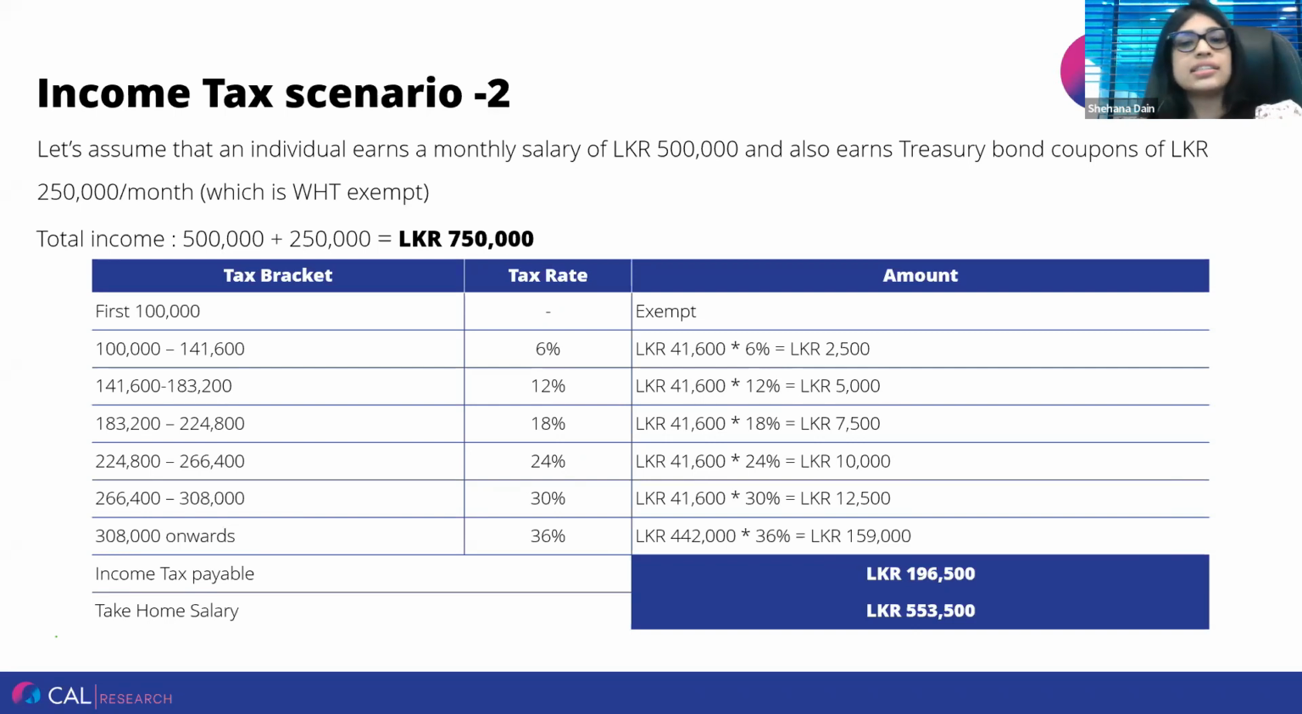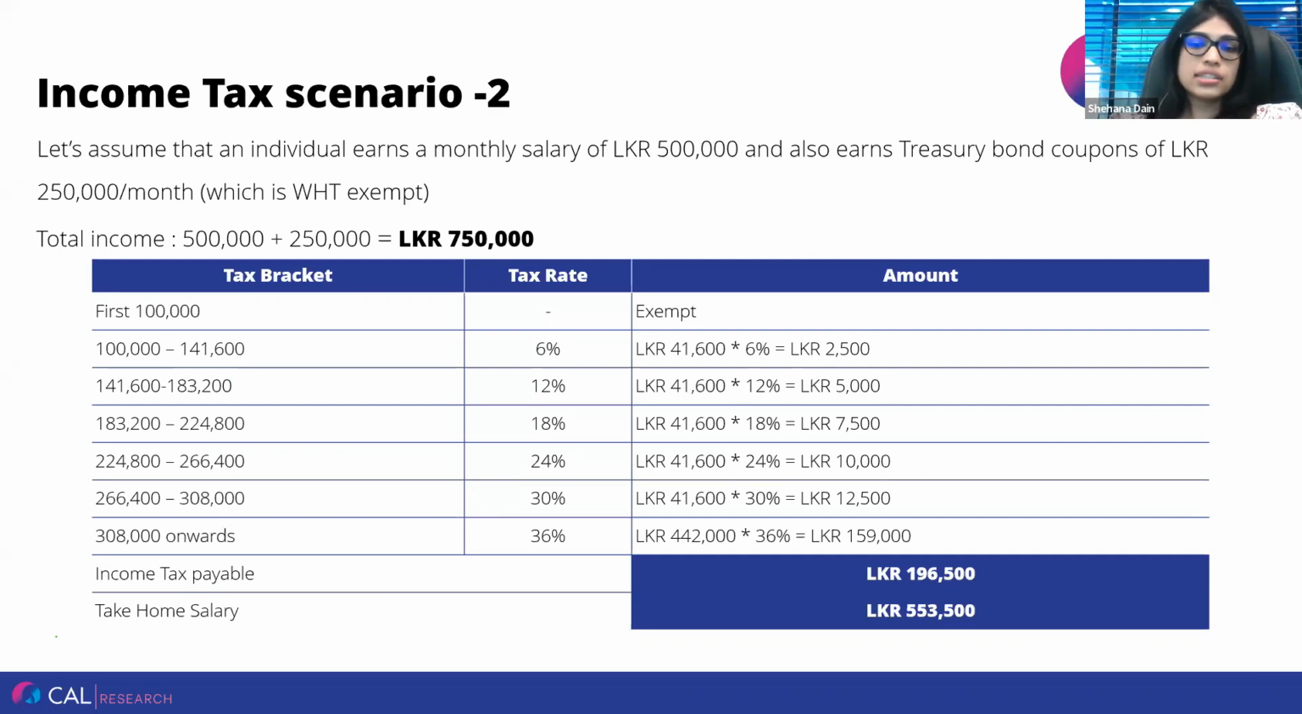Again, it will be the same treatment when it comes to the tax and tax slabs: 6, 12, 18, 24, and 30. Where it actually changes is in the final row. Previously the individual only had 192,000 that was taxed at 36%. But here, because the 250,000 coupon payment has been added, his final component increases to 442,000 at 36%, which means